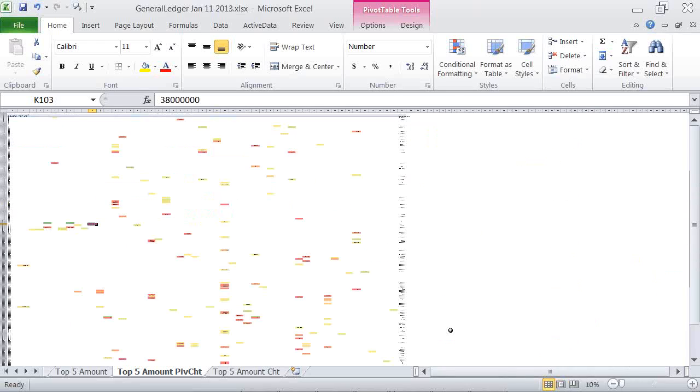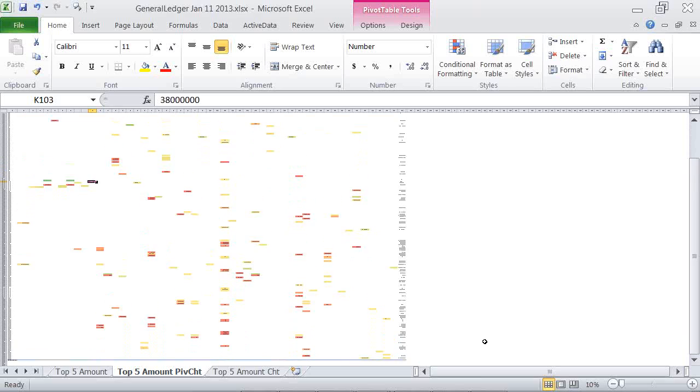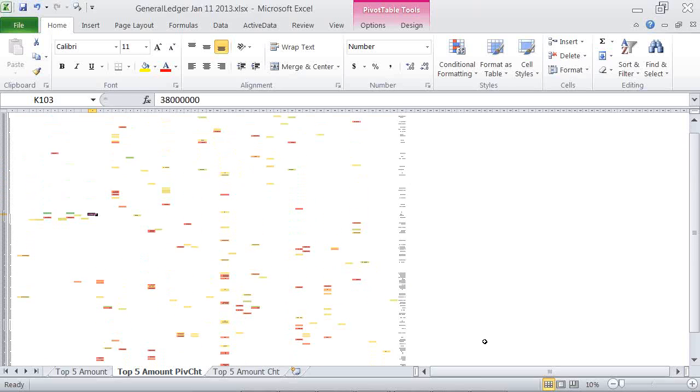But what's more important about this, and it might take a little bit of thought, is to look at how many yellows there are, how many reds, and how many greens. It probably fits more of a standard deviation, closer to the average with a few outliers. This is basically a pivot table with conditional formatting.